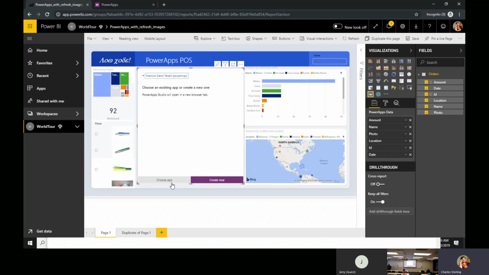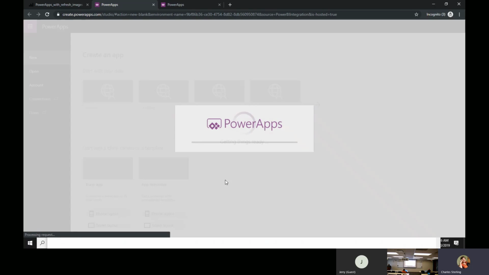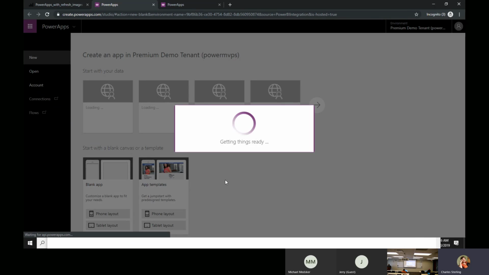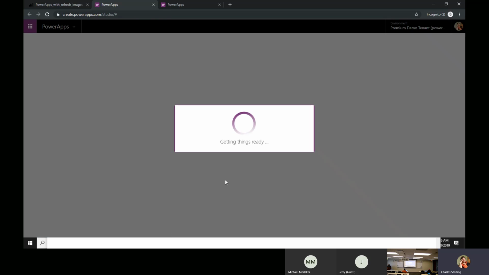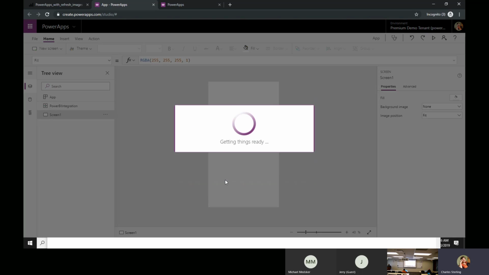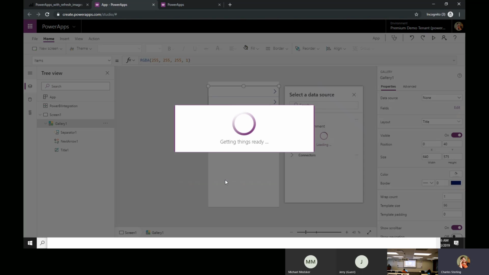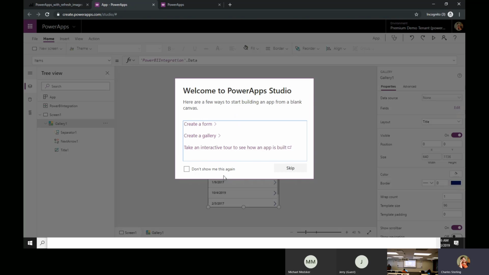So at this point, I can say choose an app or create new. In my demo, I'm going to create a brand new one. And if you're not familiar with Power Apps, I heard that there's a Power BI Tableau person. This is actually an environment for creating applications for doing editing and collecting of data for the most part. Or I guess I could go out and do visualizations, but in that case, it might be better for animations